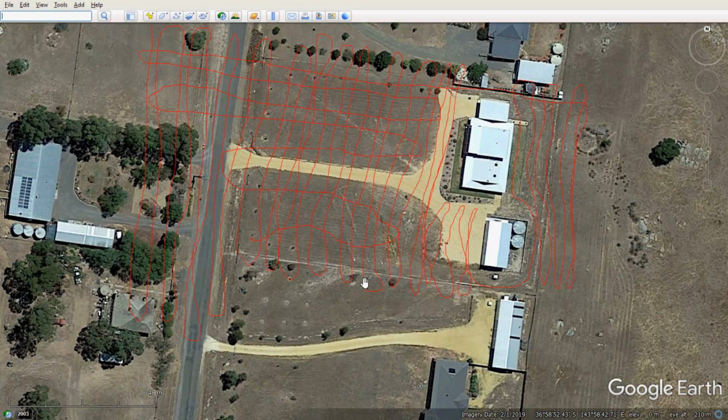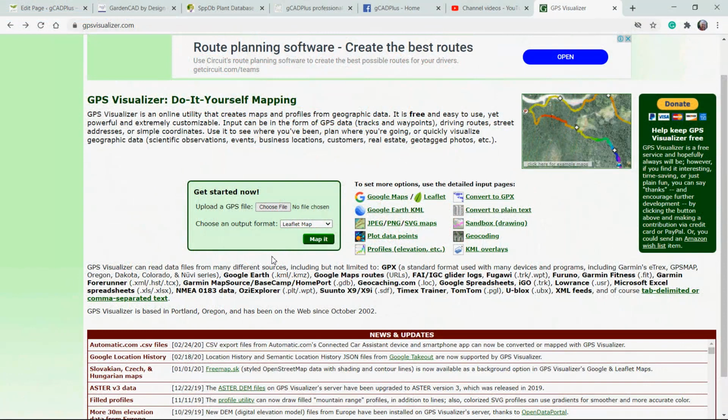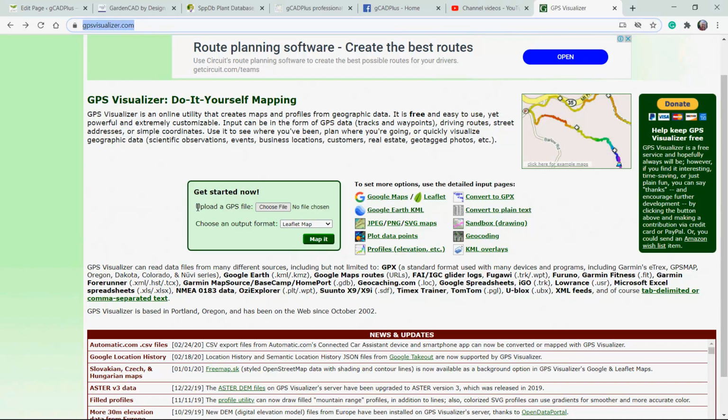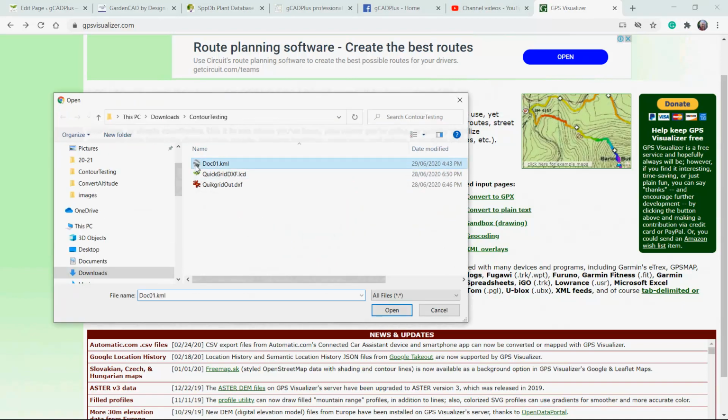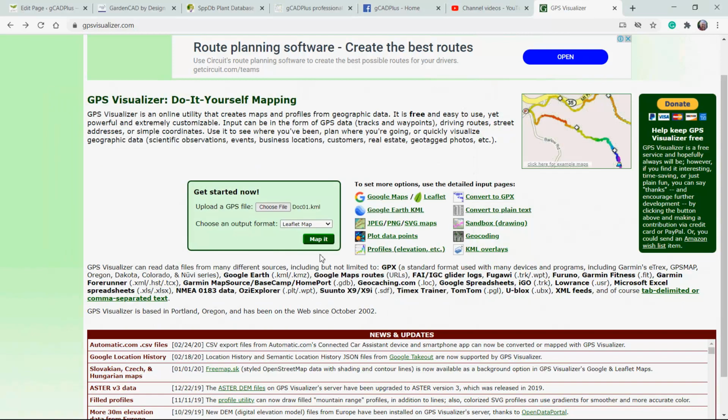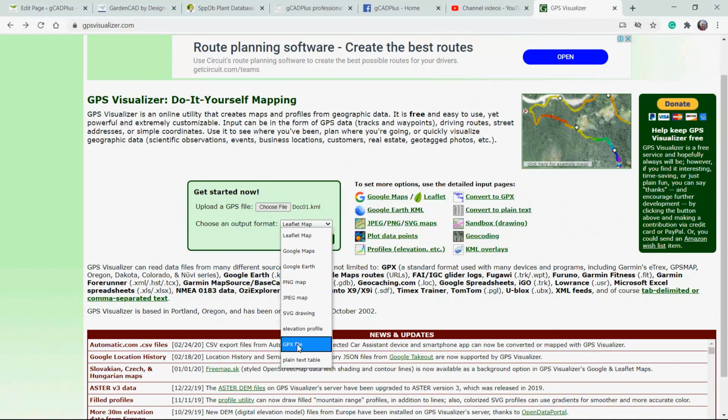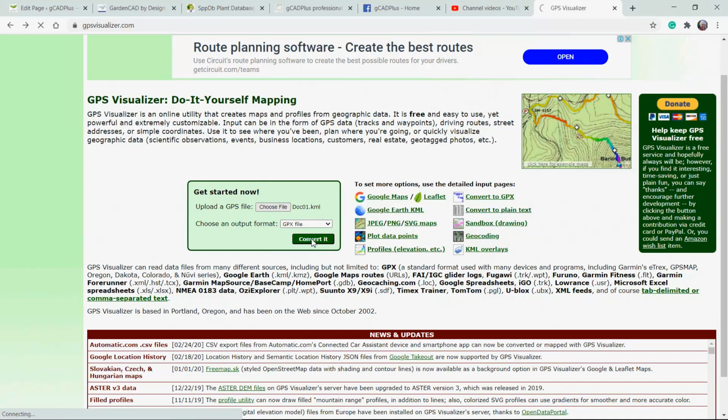And now it's time to close Google Earth and move to a web resource, gpsvisualizer.com, and I've just gone to that web address. Up pops this page, and I'll choose the file that we just downloaded and saved, that doc1kml, and we're going to turn it into quite a common format for GPS equipment, a GPX file, and we'll pick Convert It, and